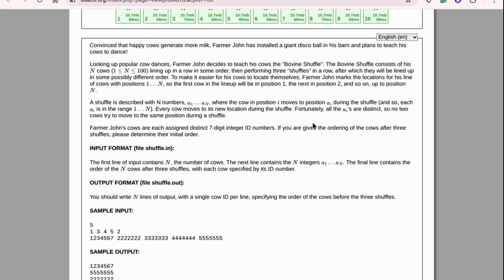The bovine shuffle consists of his N cows lining up in a row in some order, then performing 3 shuffles in a row, after which they will be lined up in some possibly different order. To make it easier for his cows to locate themselves, Farmer John marks the locations for his line of cows with positions 1 through N. So the first cow in his lineup will be in position 1, the next in position 2, and so on